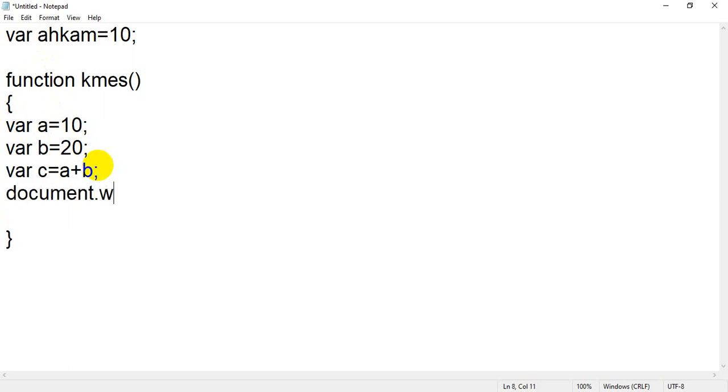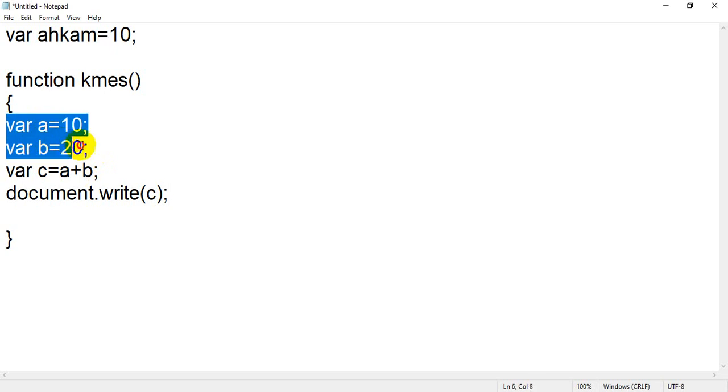So if you remember, I have declared two variables, var a and var b. At the same time I have assigned some values to those variables. After that I have written a formula for addition. Inside c I am storing the addition of a plus b.